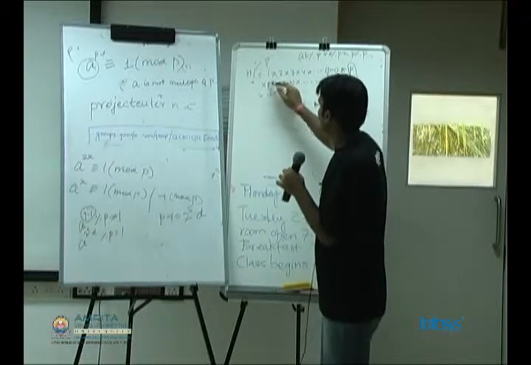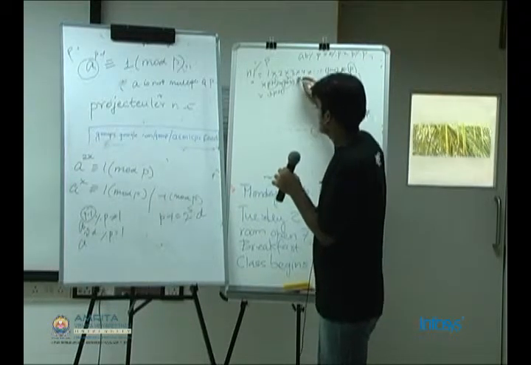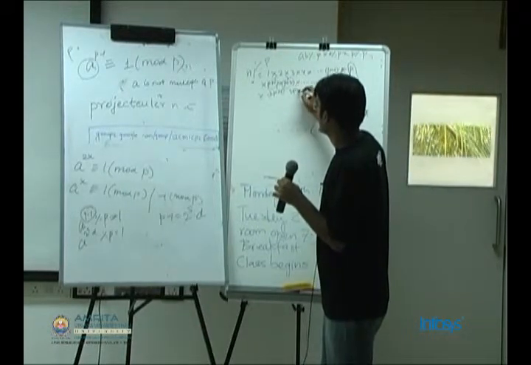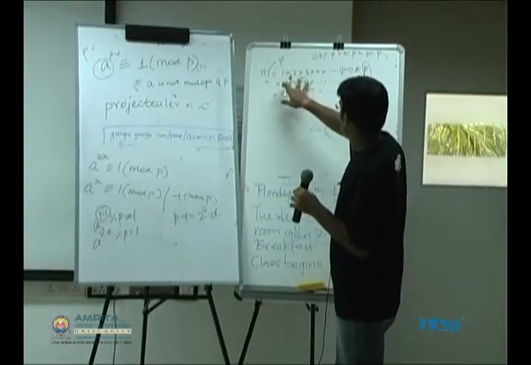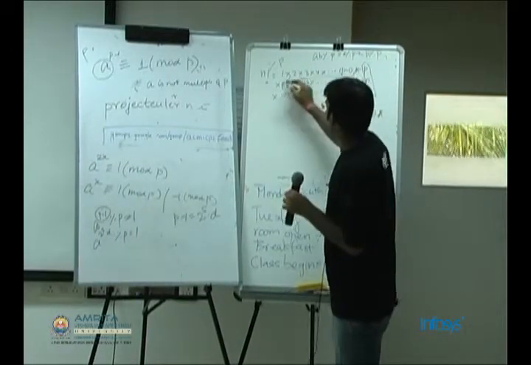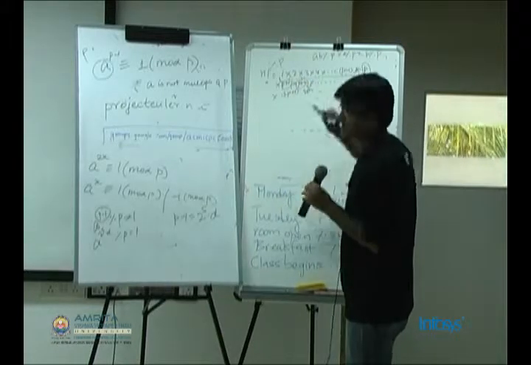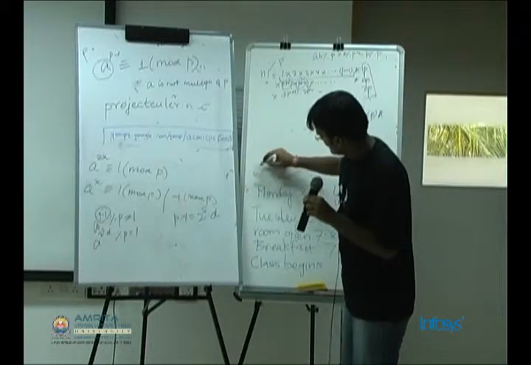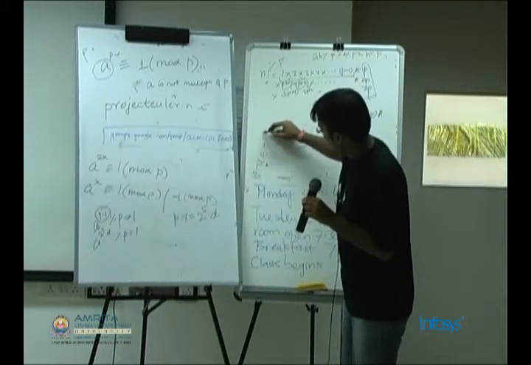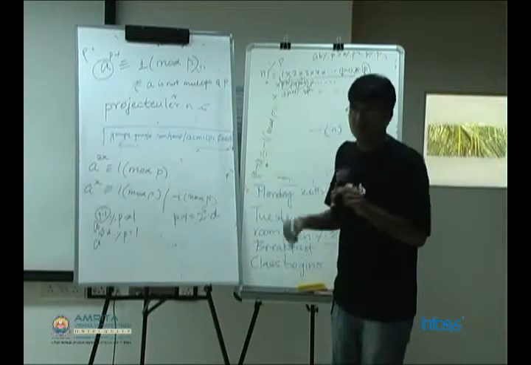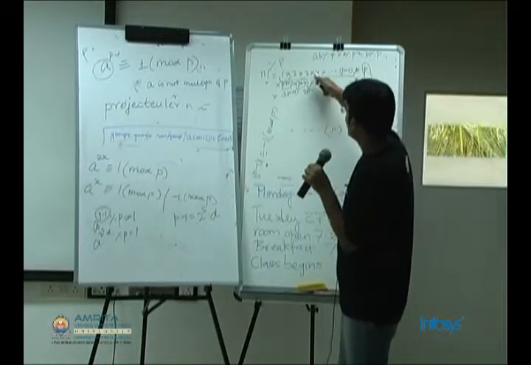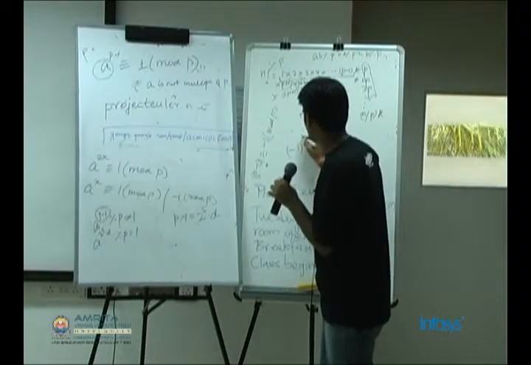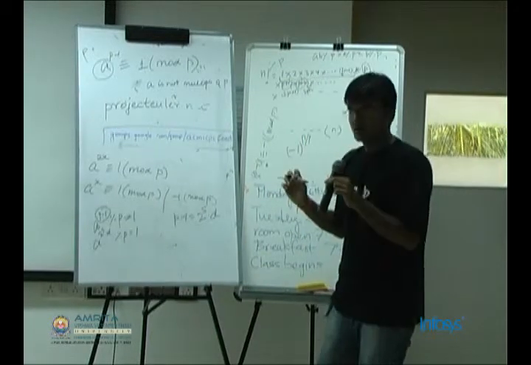we can replace P plus 1 and P plus 2 with 1, 2, likewise. Similarly, 2P plus 1 would be replaced by 1, 2P plus 2 would be replaced by 2. So you will have some n by P groups of P minus 1 factorial. We already know from Wilson's theorem that P minus 1 factorial is equal to minus 1 mod P. So we will have n by P such groups, which means minus 1 to the power n by P into,